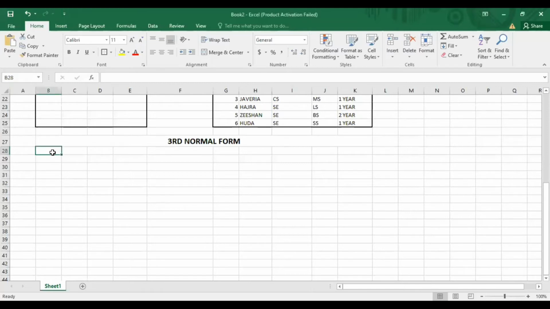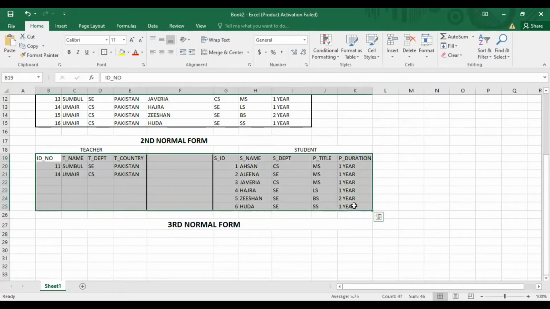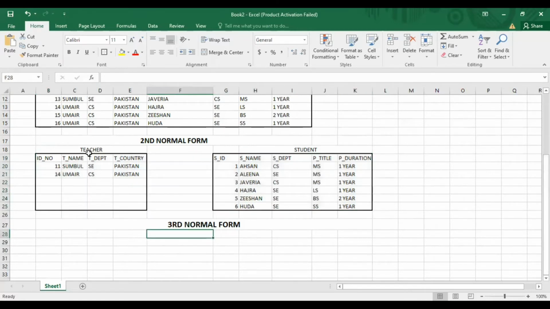So now let's see what we have to do in third normal form. We will create relations also, and we will see if in the second normal form there are tables that we can divide further. In this you can see that student department is continuously repeating.